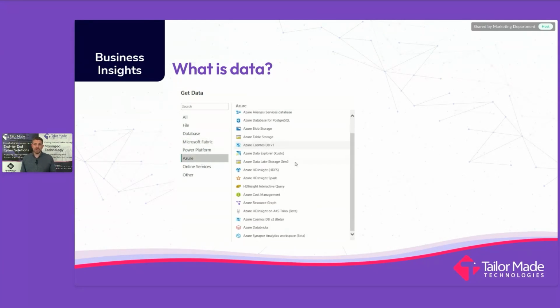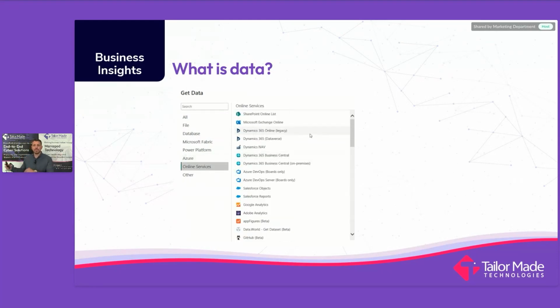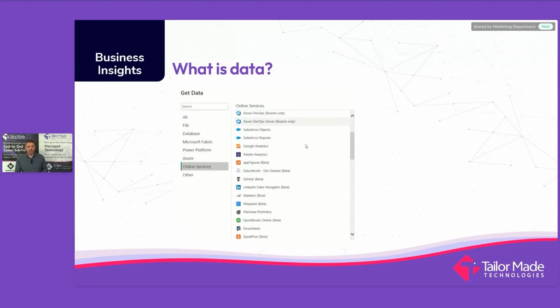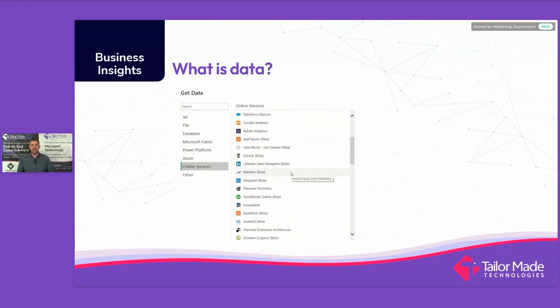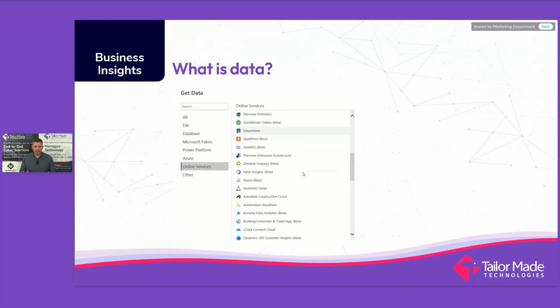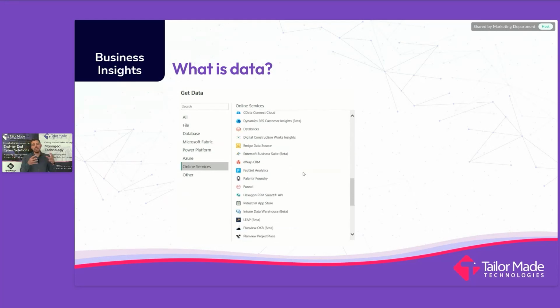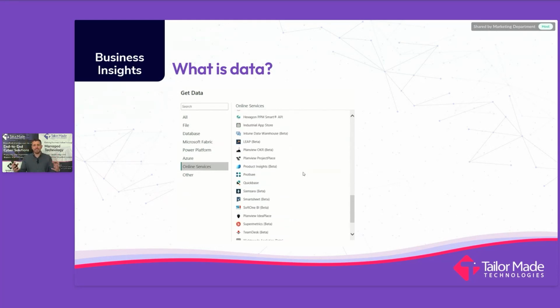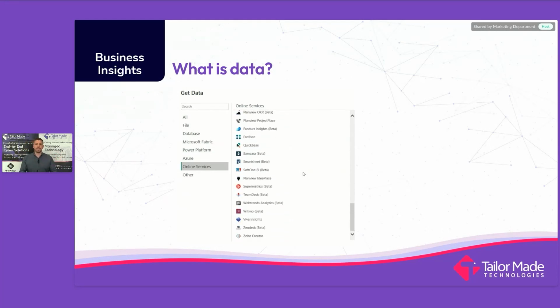We've got Azure, again, for the techies amongst you. Lots of Microsoft. This is Microsoft's cloud solution. It's called Azure. We've got lots of online services. And as I go down, you'll see things like Salesforce there, Google Analytics, if you're measuring activity on your website, maybe. Loads of different third-party services, MailChimp will be in there, etc., etc. And all of these things plug straight into Power BI. You can go and grab data from these areas and put it together.